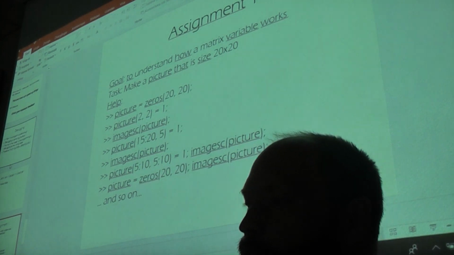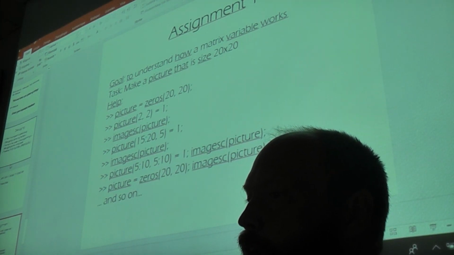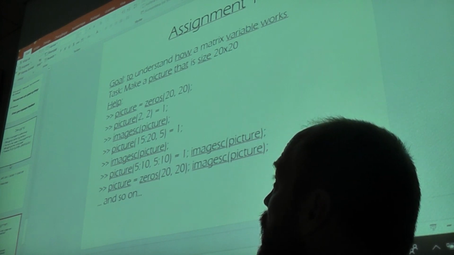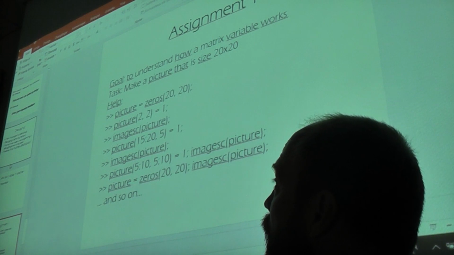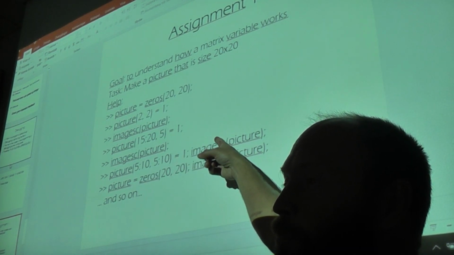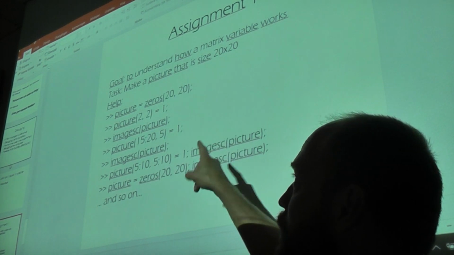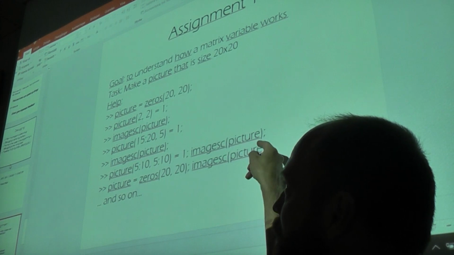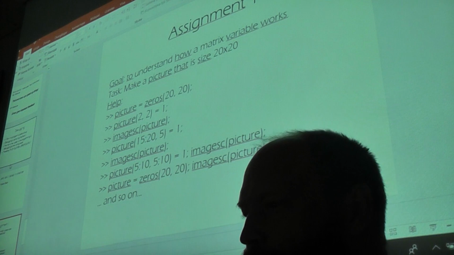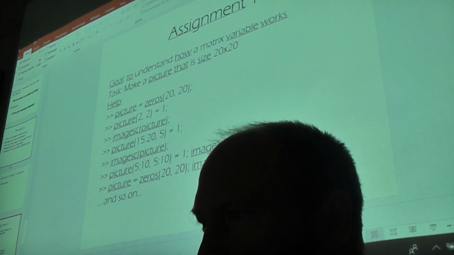So the first assignment is really easy, just to make a face. The goal is to understand how a matrix variable works, and the task is to make a picture of size 20 times 20. To make it easy for you, I've got some help here. If you just write this, it will get you started. But before you do that, I can also show you assignment 2,